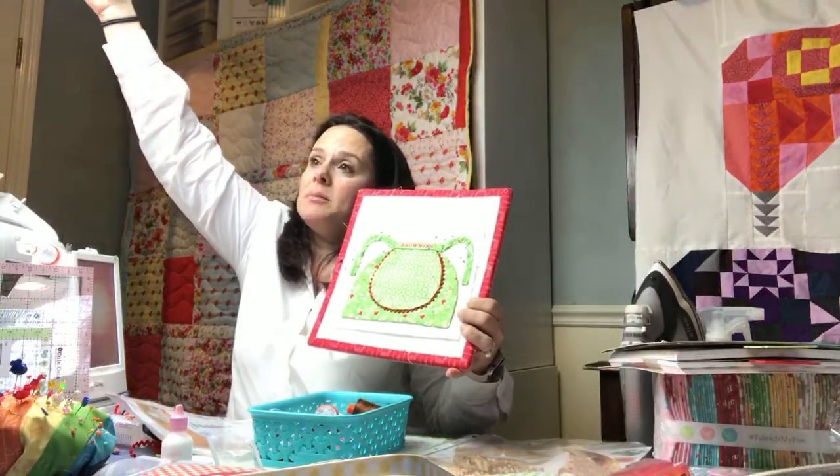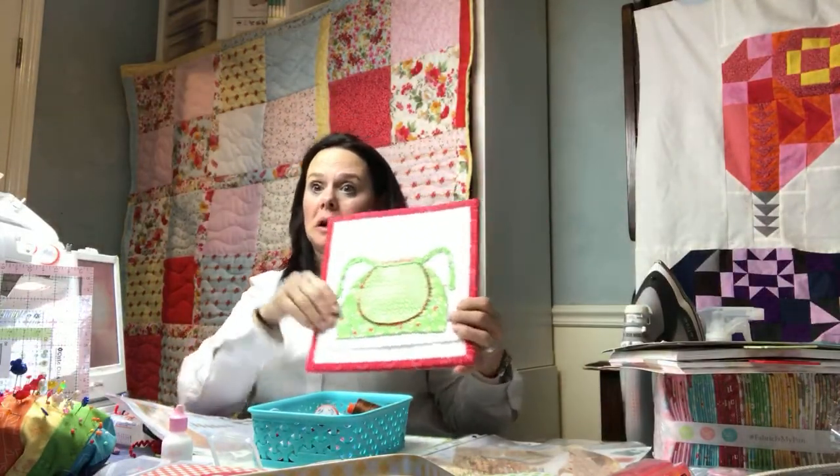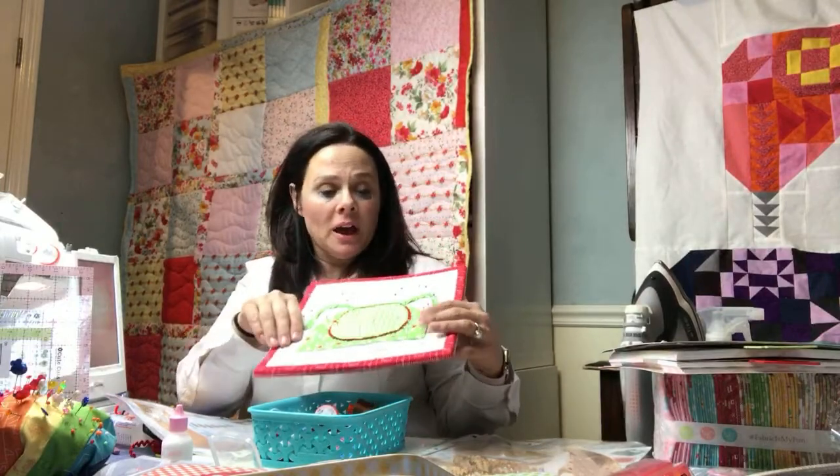I'm going to move this little bit of light over there. Maybe? I don't know. Maybe not. Okay, so,